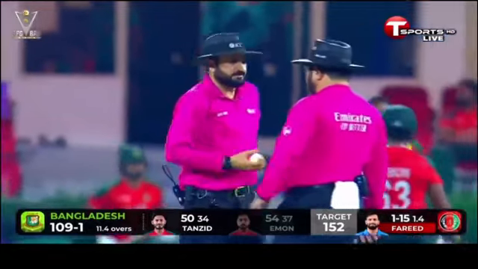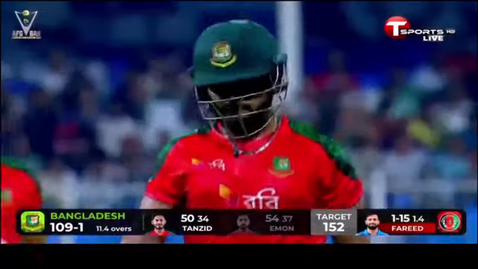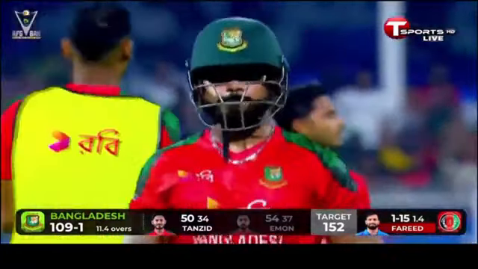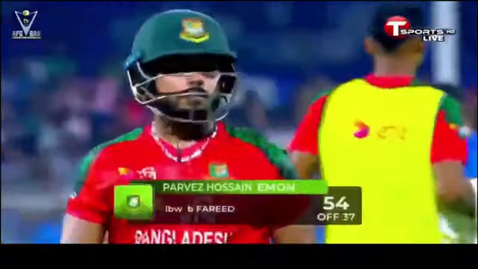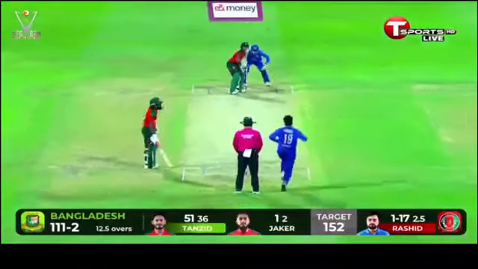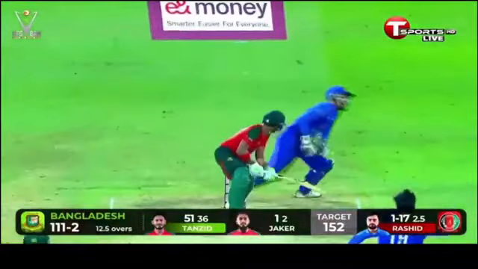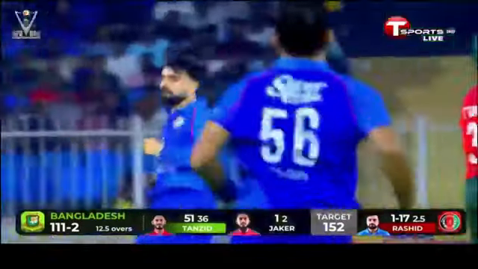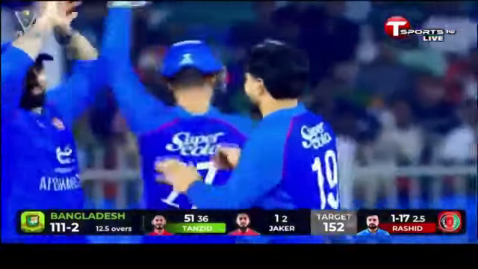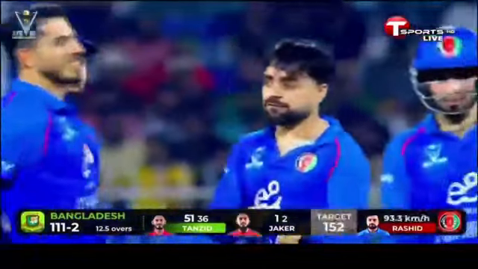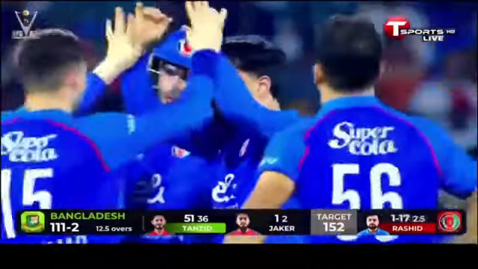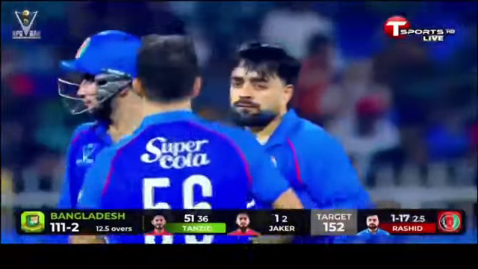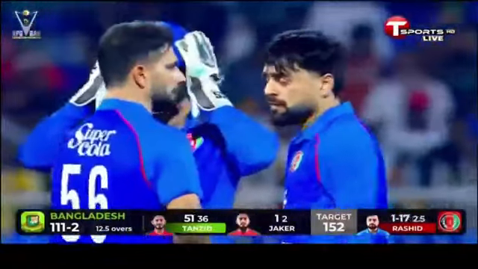Finally success for Afghanistan. Iman is out for 54. That ball was going on. Required run rate is not a heavyweight one, but there's a bit of drama, and that's caught behind. The finger has gone up, and Rashid is turning it around for his side. Couple of blows in his over, and once again, Afghanistan are breathing.